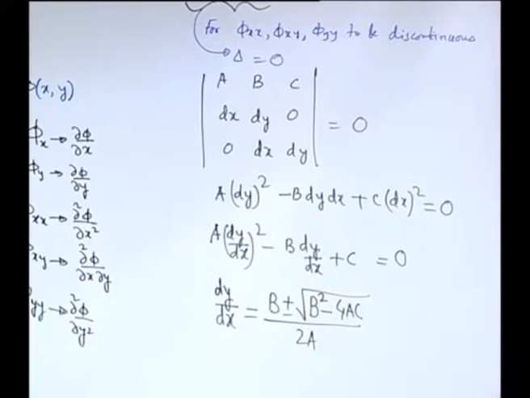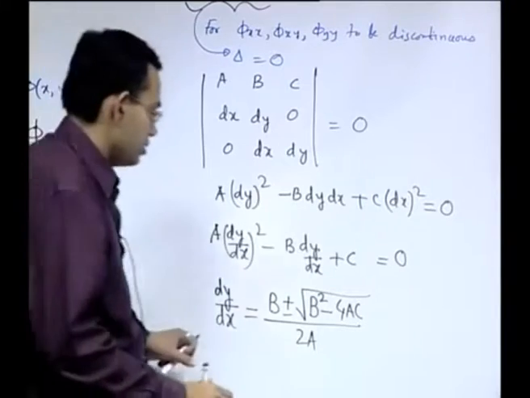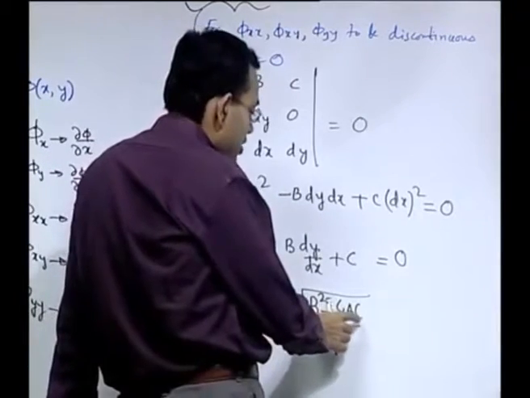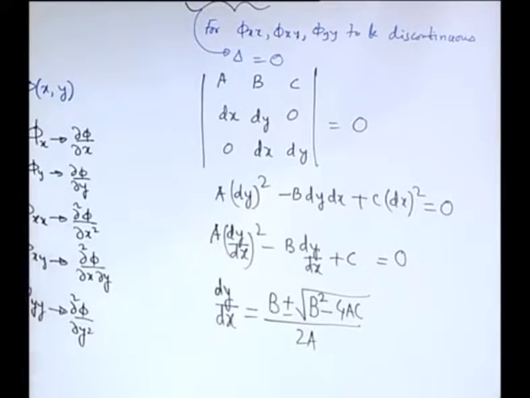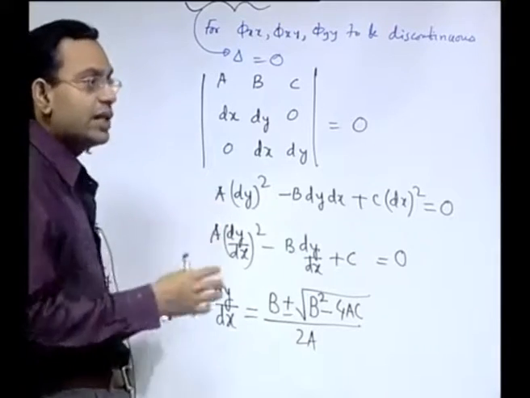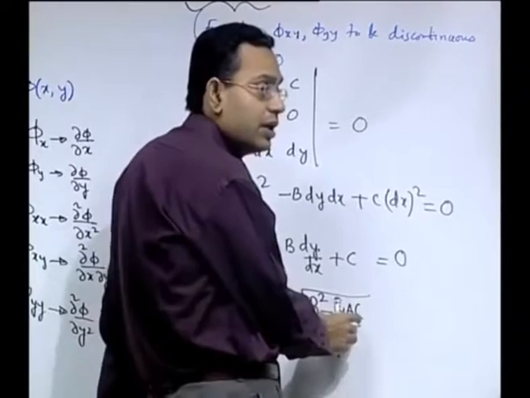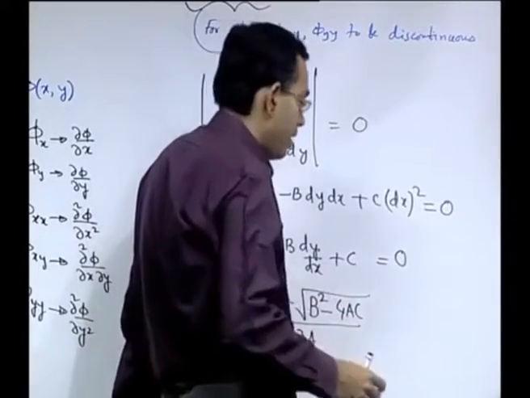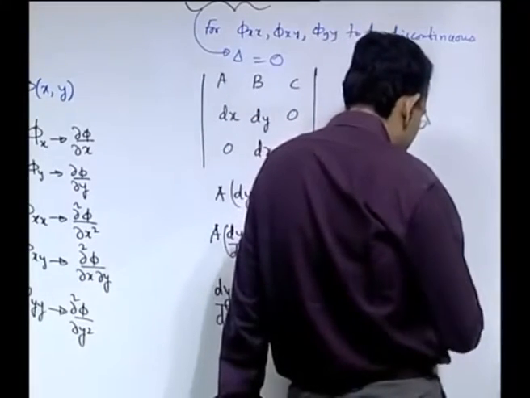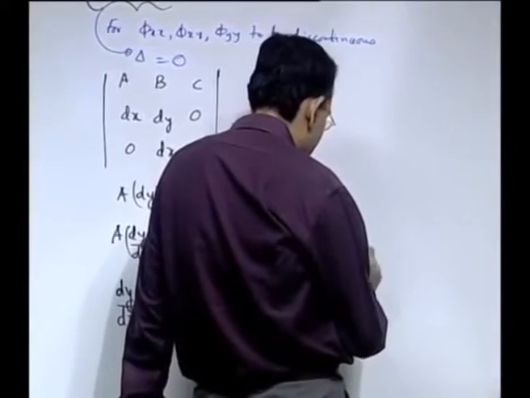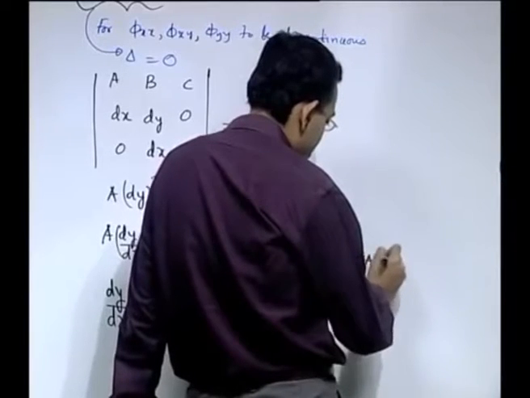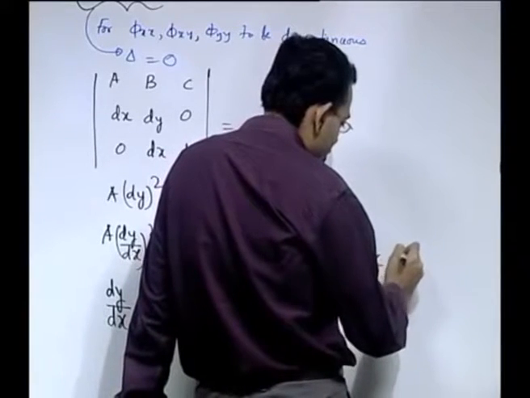How many real characteristics of these will exist? It depends on whether b square minus 4ac is greater than 0, equal to 0, or less than 0. So, just like a quadratic equation, here also this discriminant is what is mattering. So, there can be certain special cases. So, if you have b square minus 4ac equal to 0,